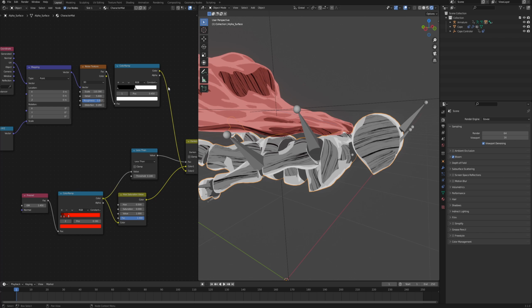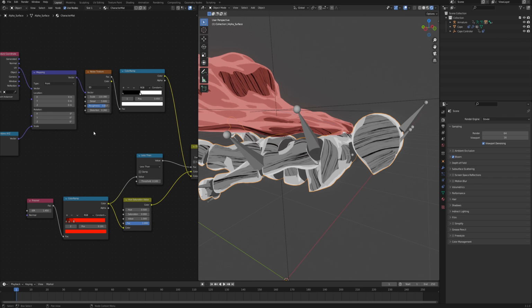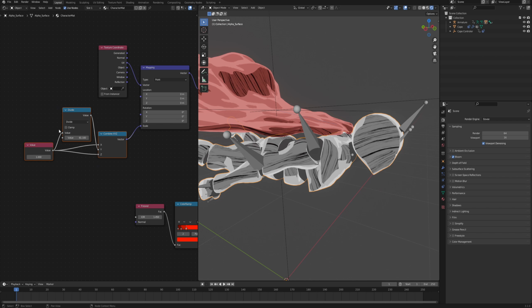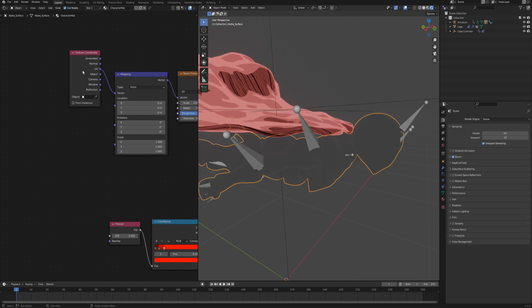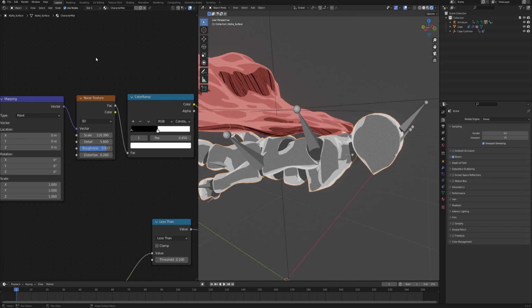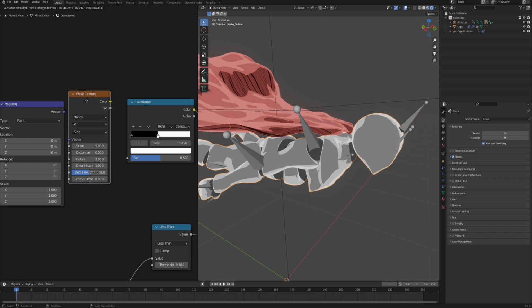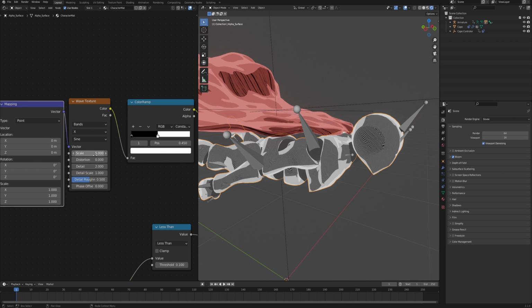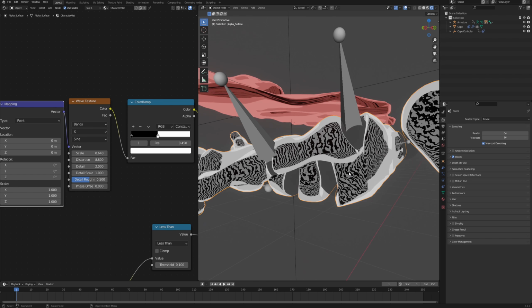Again, you can use any custom hatching. There are many great tutorials online about achieving really cool results in Blender, so you can even use that. But in my case, I will delete all this setup that's controlling the scale, change the texture coordinates from UV to object, and instead of using the noise texture, I will actually use a wave texture. So we can get rid of this and connect this one instead. And now let's bring down the scale so we can see this pattern a little better. Something like 1 maybe. And add a distortion. Yeah, maybe something like this.